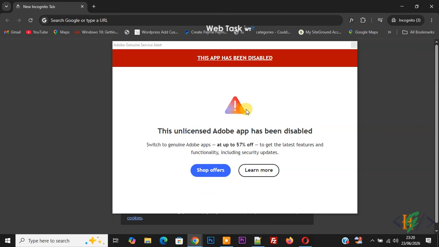Bismillahirrahmanirrahim. Assalamu alaikum. My name is Hassan and today we are going to disable Adobe Genuine Service Alert for Adobe